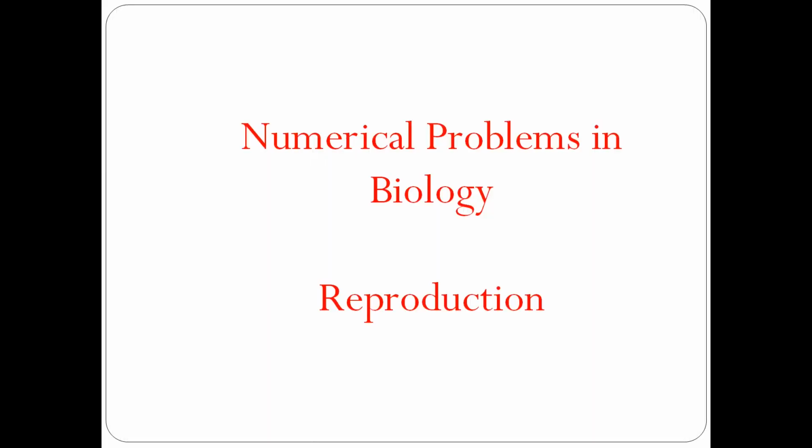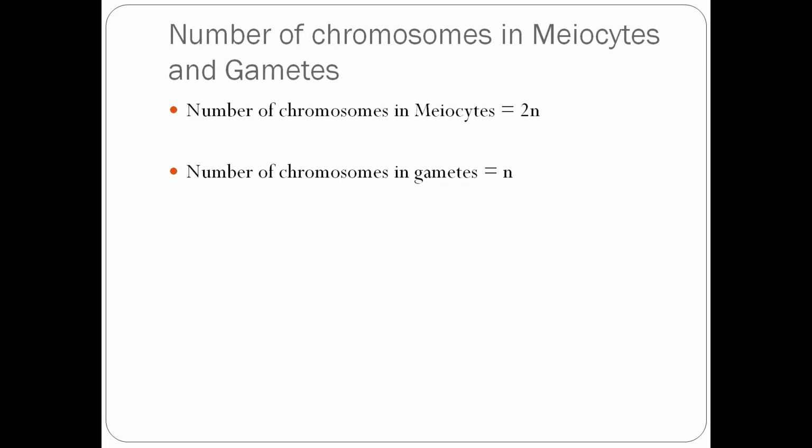In this video we are going to discuss the numerical problems in biology from the chapter Reproduction. So the first type of sum is determining the number of chromosomes. The number of chromosomes in meiocytes is 2n, the number of chromosomes in gametes is n. That is, in gametes we'll have half the number of chromosomes as meiocytes because meiocytes are diploid and gametes are